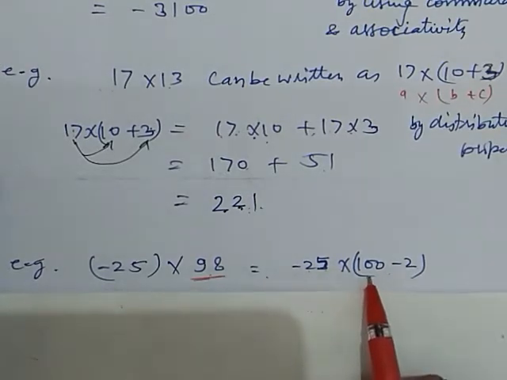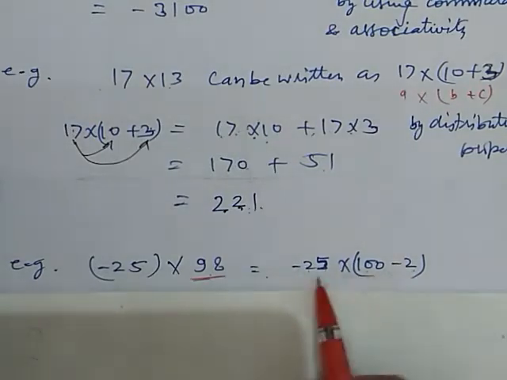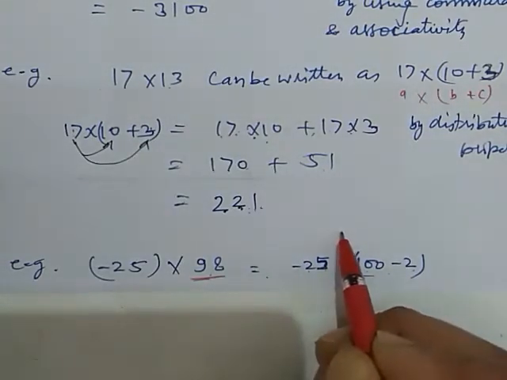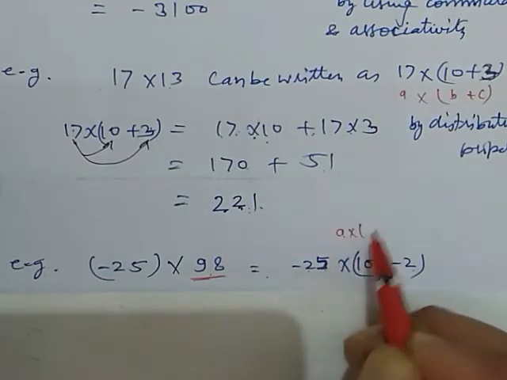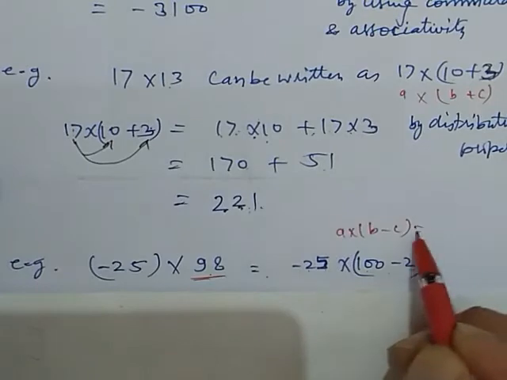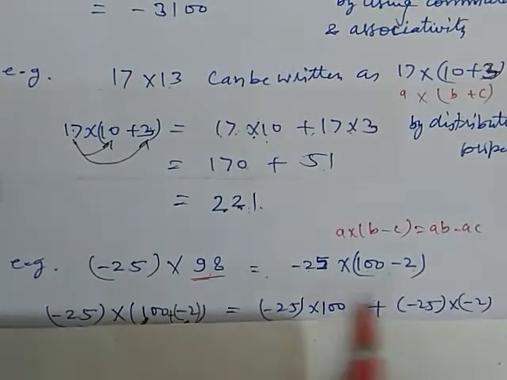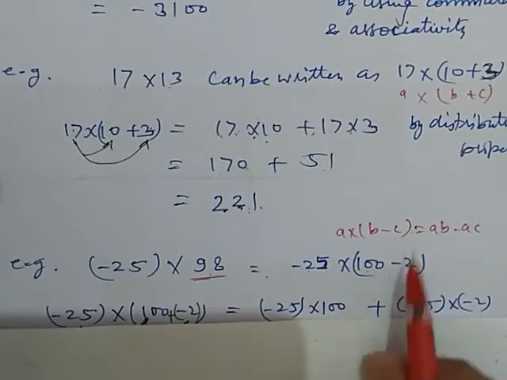So we convert this first to 100 minus 2. Now this becomes the distributive property, A into B minus C equals AB minus AC. So by using this distributive property,